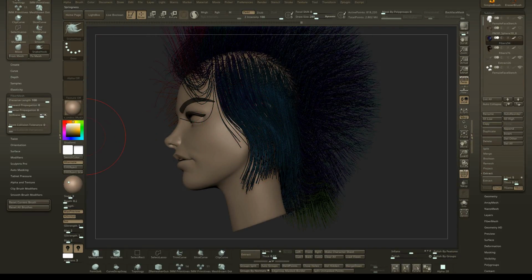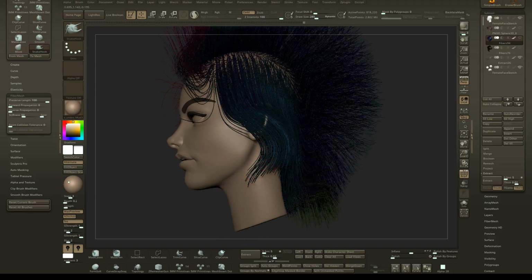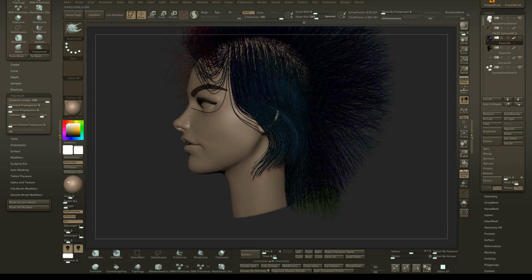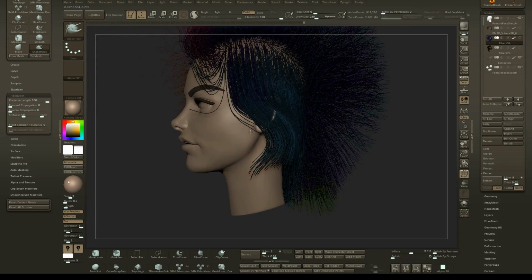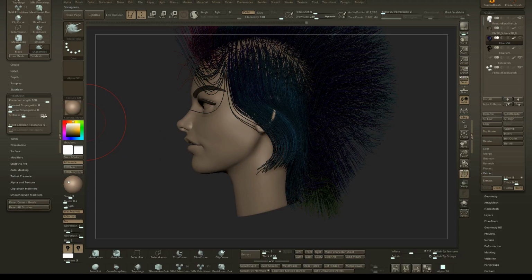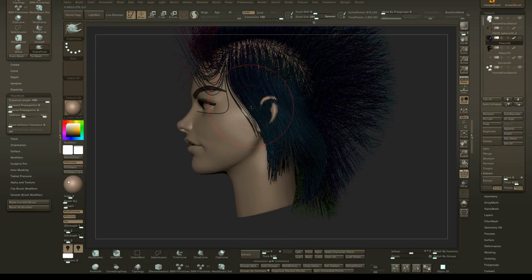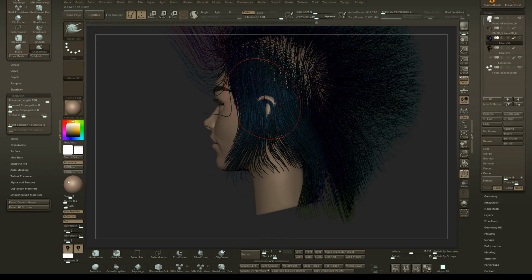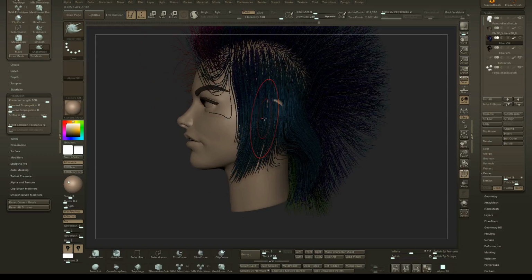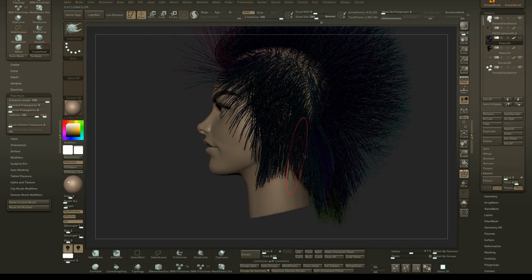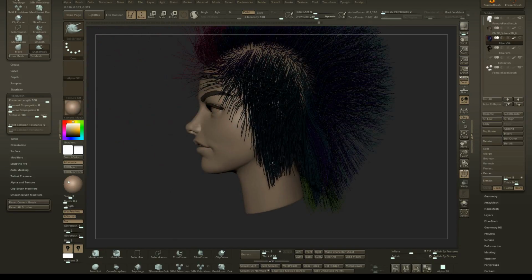You'll also get an option over here called spring, and what this is basically doing is, as soon as you comb the mesh, it'll pop back into place. The fibers will pop back into place a little bit, because that's pretty much what spring means. It'll bounce back into place. So if we try to comb it out, it should try to, no, not gonna pop back into place. Oh, you know what, let's try this. There we go. You'll notice that it has a little bit of a springy step to it,